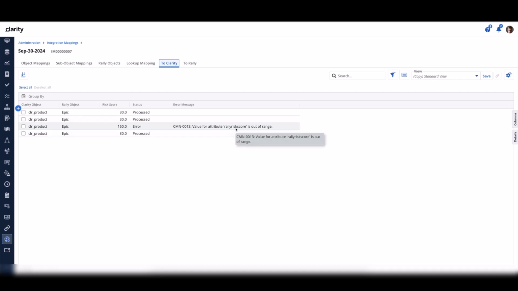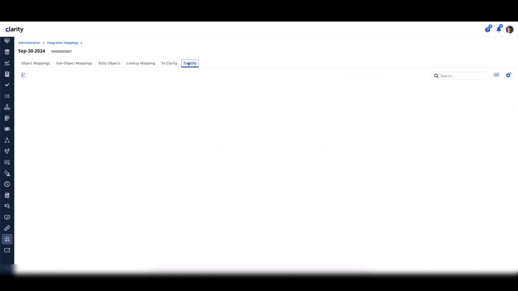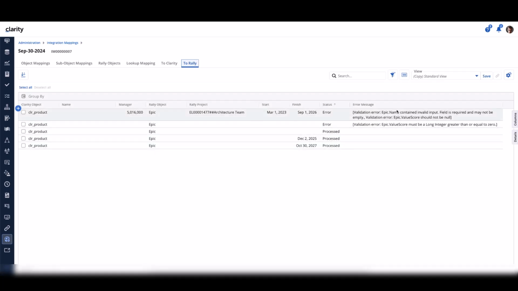This was the 150 that was coming in from Rally, I'm sorry. And if I go to Rally, I'll see the value score must be greater than or equal to 0. So I do have this information presented to the administrator in staging tables. You can see the name error that occurred as well for that epoch.